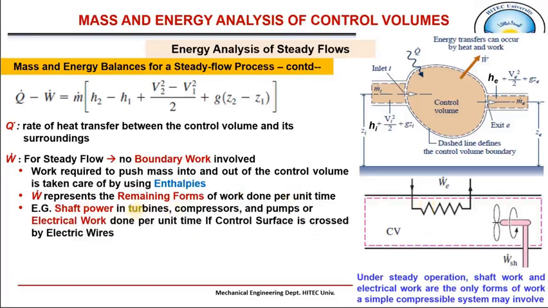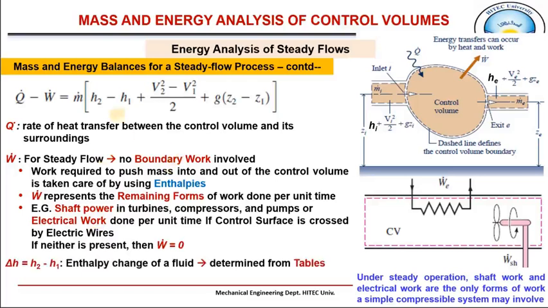If nothing is present, no shaft work, no electrical work, no boundary work, then we can simply say this work done is zero. Then what is the change in enthalpy? This delta H, that is clear, is the enthalpy change of a